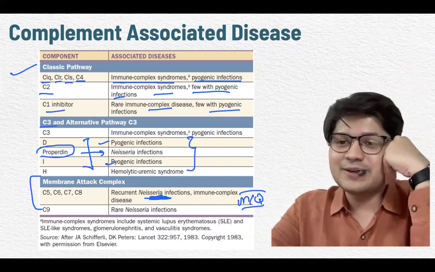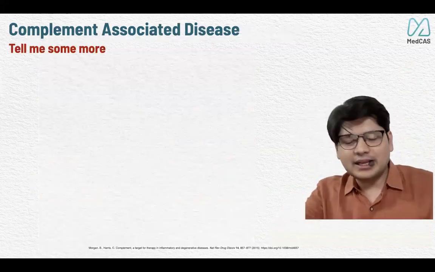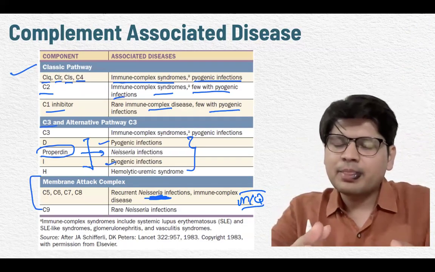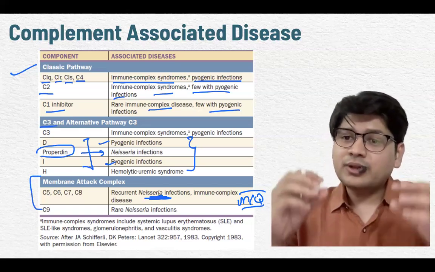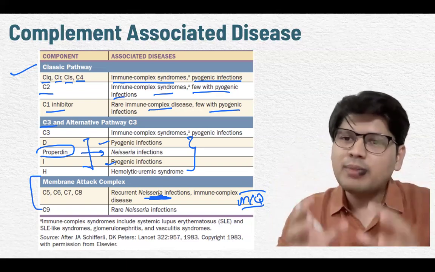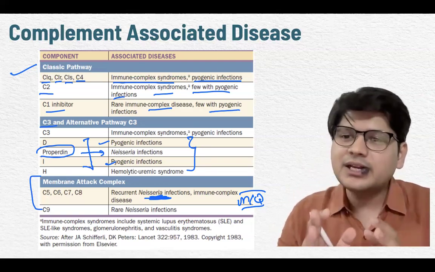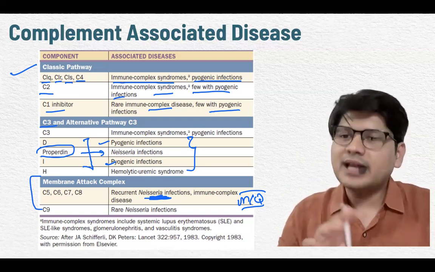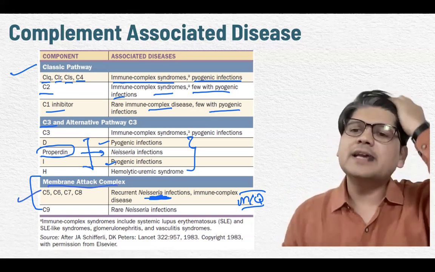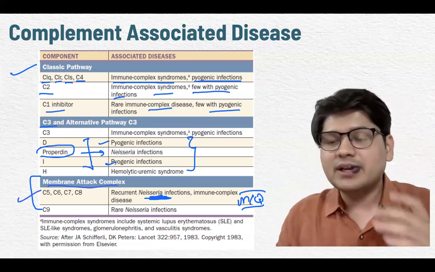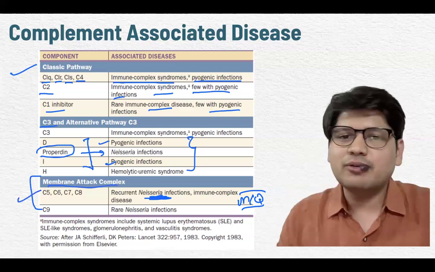Now the question comes, every bacteria has wall. Then why Neisseria wall is affected more? Any thought on this? Okay. See, every bacteria requires killing, and that can be done with so many mechanisms. Neisseria bacteria compared to other bacteria has thicker wall. So they have definite dependence on pore making complement terminal pathway with membrane attack complex. If they are not there, it is very difficult to kill Neisseria. That's why when the membrane attack complex is affected, there is a high susceptibility chance to Neisseria infection. We have to keep giving thoughts all the time and keep asking why, then life becomes quite easy on that.